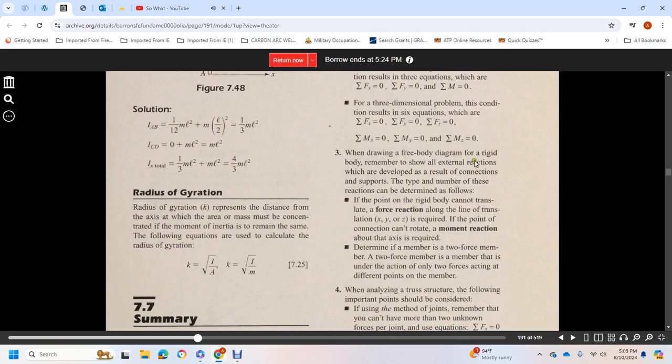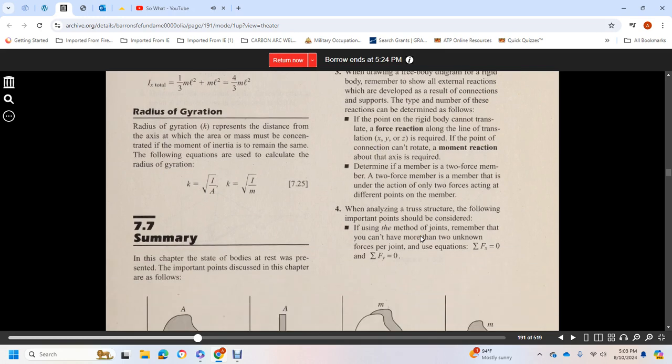If a point on the rigid body cannot translate, a force reaction along the line of translation in x, y, or z is required. If the connection point cannot rotate, a moment reaction about the axis is required. A two-force member is under the action of only two forces acting at different points of the member. When analyzing a truss structure, the following important points shall be considered if using the method of joints. Remember that you can